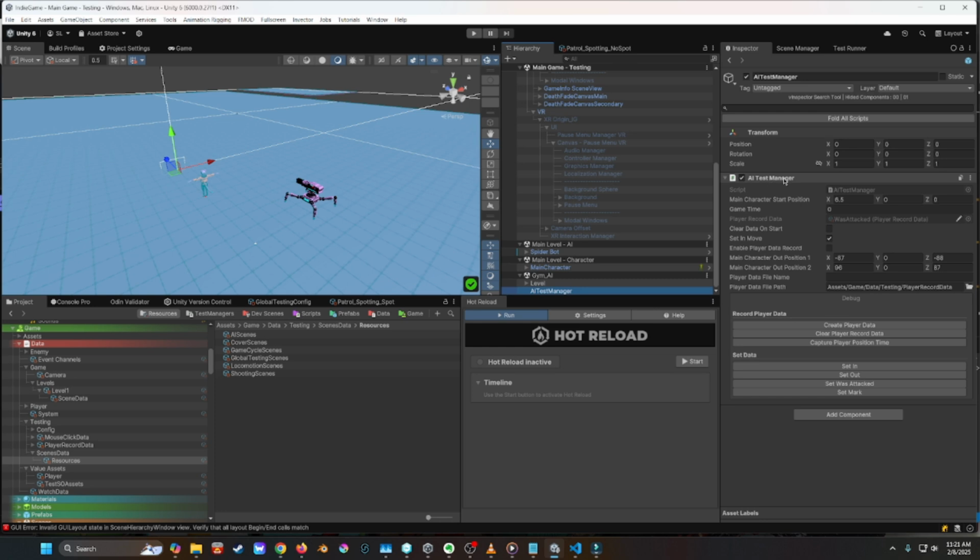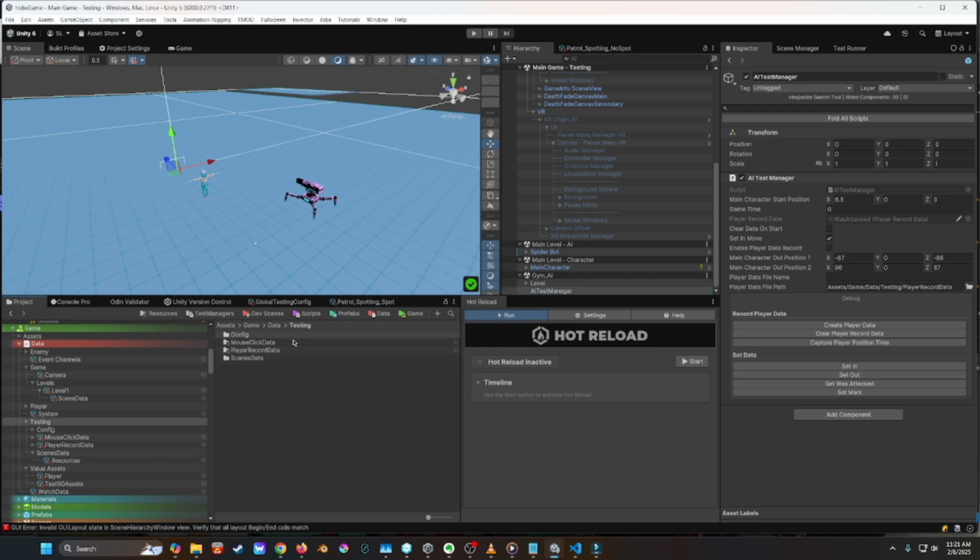So having these test managers again and pairing these model behaviors with end units to actually track certain data that I can query inside the end unit test alongside the test is kind of essential to have a companion component running along the test. So this AI test manager, it has